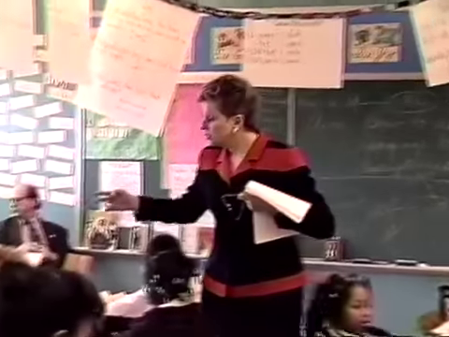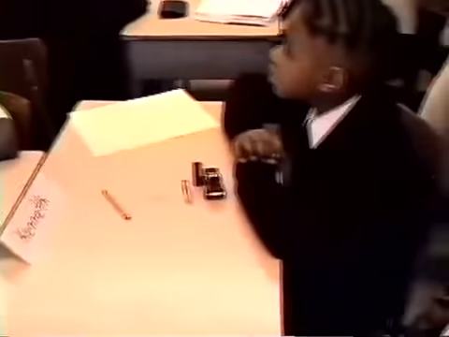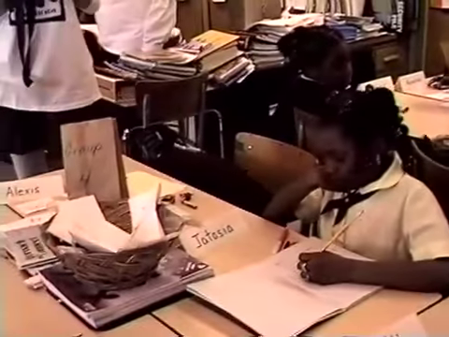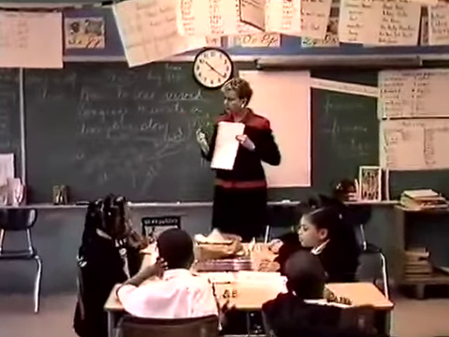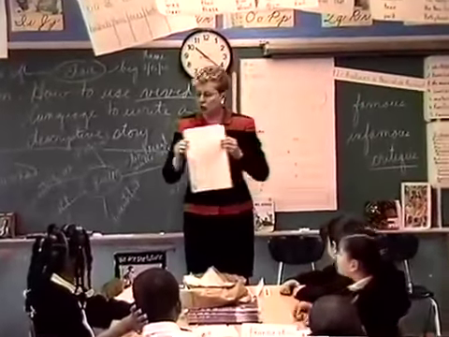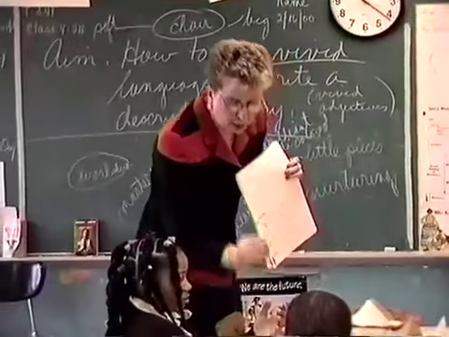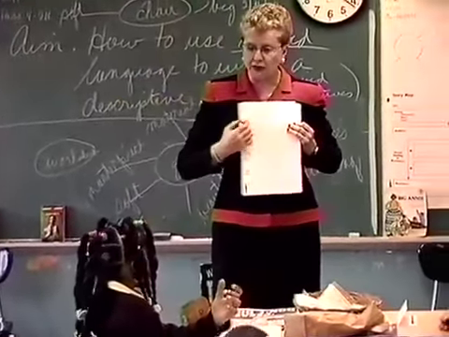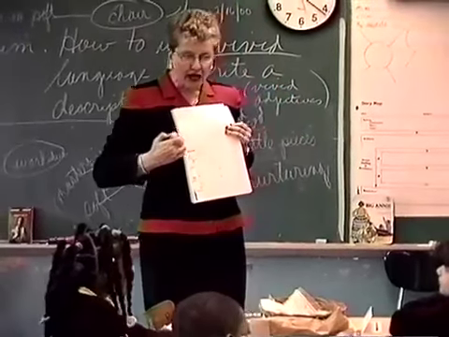Jasmine, you have yours? Good. Ramel? Good. Quentin has his. You can share or you don't have to share. Let people see your objects. Whatever's meaningful to you, whatever you love. I want you, listen carefully, to take this web. And just like we did for the book Patchwork Quilt, I want you to put the name of your object in the circle. Like, for example, what do we call this? A ball. So Cecily would write, her first object is ball, and then she would write descriptive, vivid language around